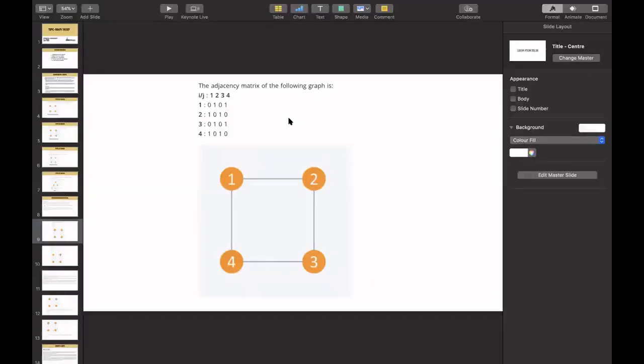Insertion is also costly in this. Yes, insertion will also be costly because you are just increasing another dimension. If there were initially n nodes, it will be an n cross n matrix, and now if I want to insert another node, I will have to construct an n plus 1 cross n plus 1 matrix. So insertion will also be costly, because every time I increase a node, I increase one more dimension. That's why.